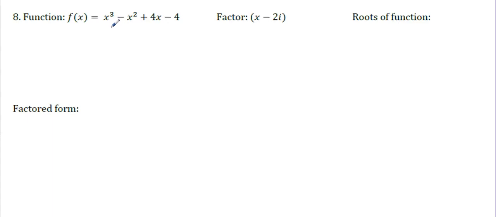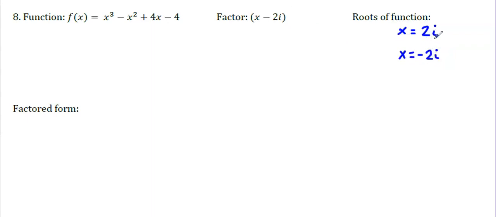Here I have the function f of x equals x cubed minus x squared plus 4x minus 4. And my factor is x minus 2i. So it's cubic. I know that I have 3 roots, and I know that one of them is x equals 2i. If one of them is positive 2i, then the other one has to be negative 2i, because these complex roots, these non-real roots, come in